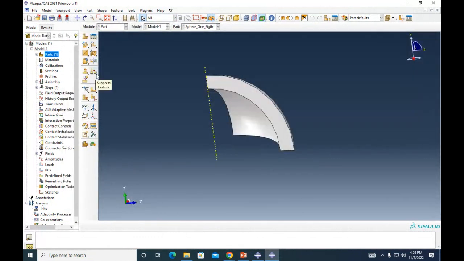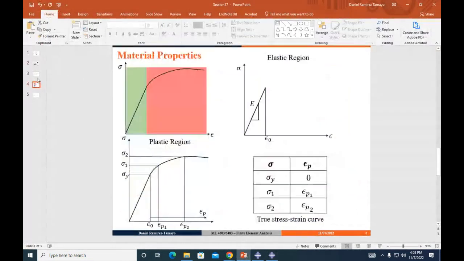Let's go quickly to the meat of today, which is the material properties. All right. So far, what properties have we used? Not what material, but what properties? Only elastic modulus, right? So whatever load we apply, the structure is going to deform linearly. If I apply 50, then it's going to deform X. But if I apply 100, it's going to deform 2X. So it's quite a linear relationship, but not everything works like that in reality.